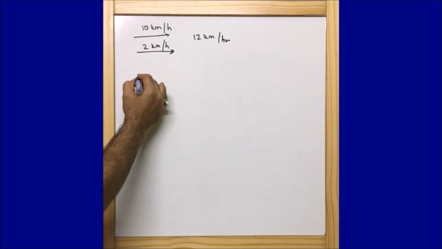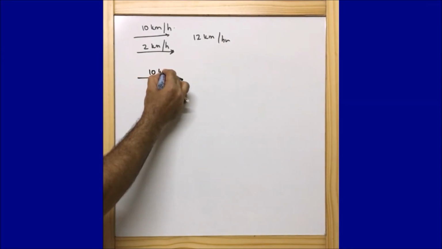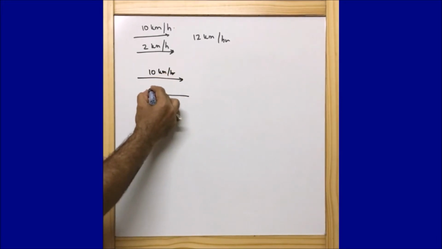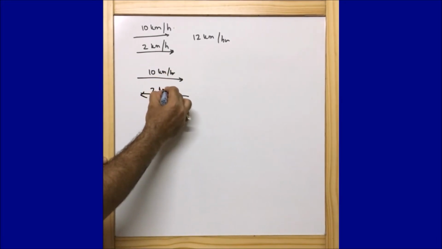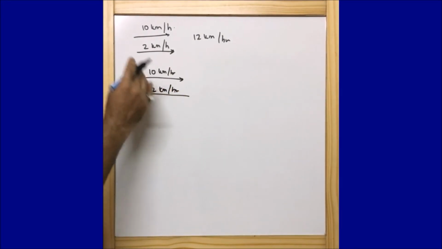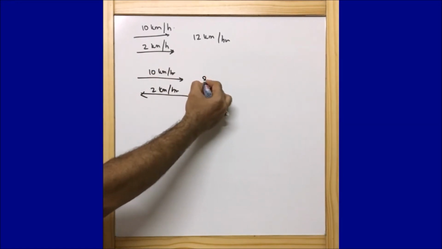Now let us look at it in a different way. Here let's say the boat is moving 10 km per hour, and now it is moving against the speed of water, which is moving in the opposite direction at 2 km per hour. Now what happens is the speed of the boat will decrease by 2 km, because the speed of the stream will restrict the boat from moving in the opposite direction by that much pressure. So here it becomes 8 km per hour.